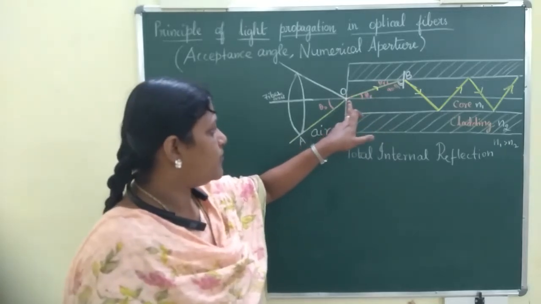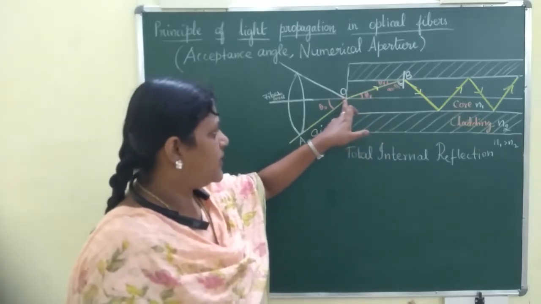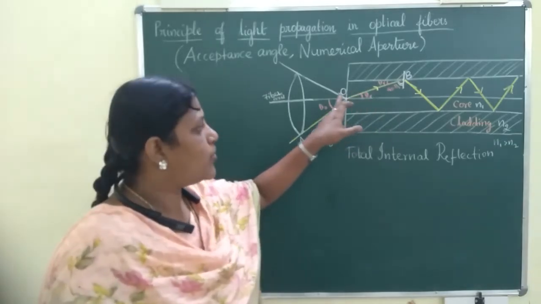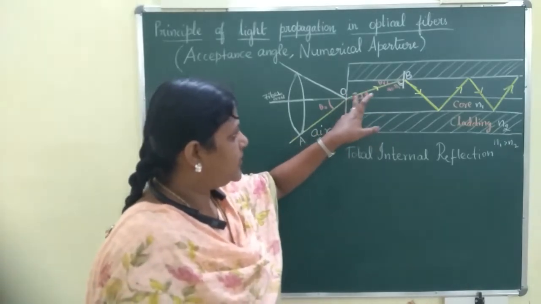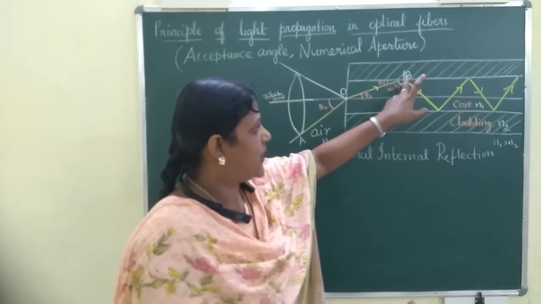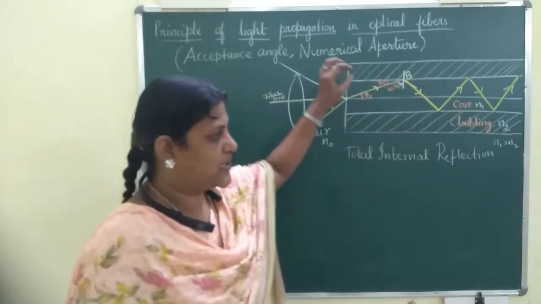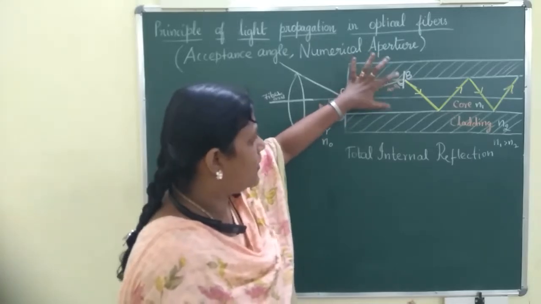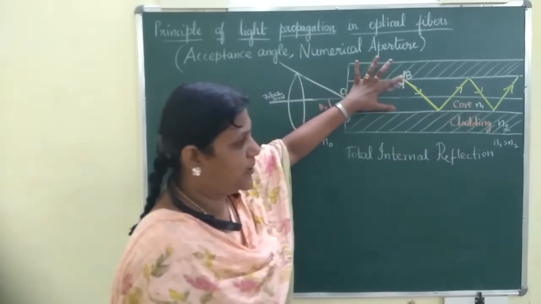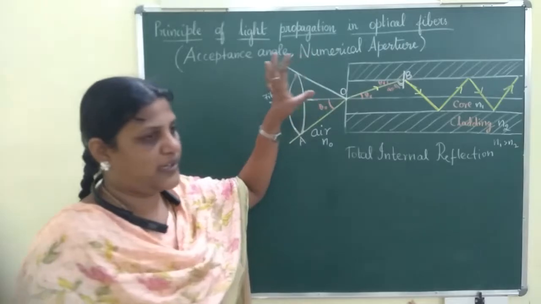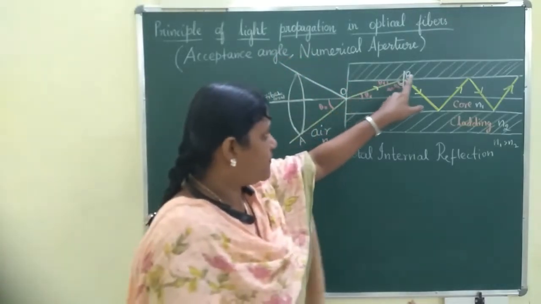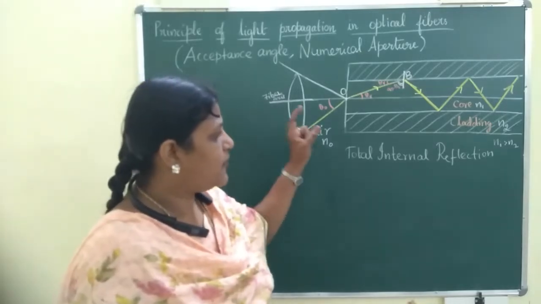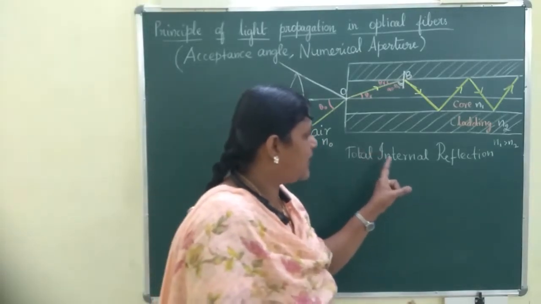Okay, so now this ray that entered into the core of the optical fiber goes there and touches the interface between the cladding and the core. So at the point of interface, at the point B present in the interface, if this total internal reflection